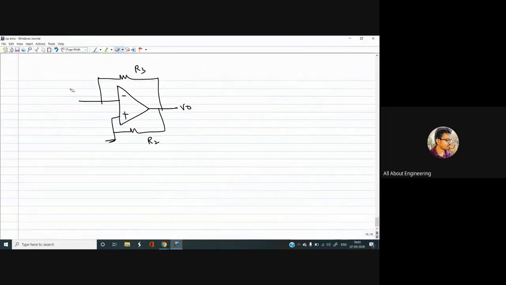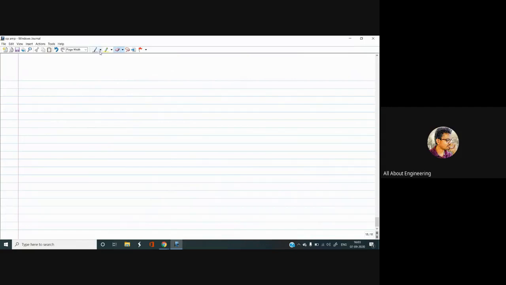So let me erase this as this is of no use right now, because it's already present on the previous page. Okay. Let me go with the fifth question, which is again of a very important model.